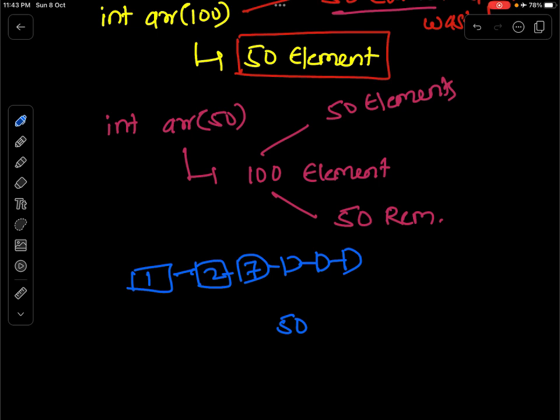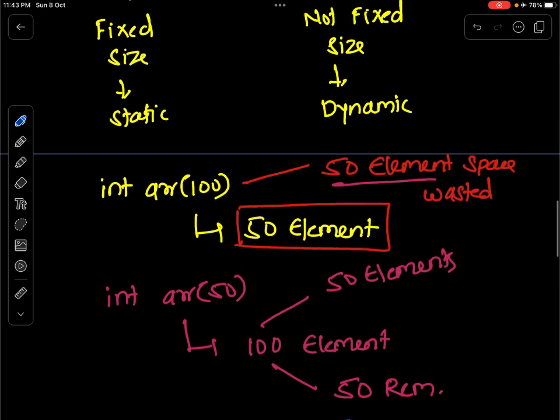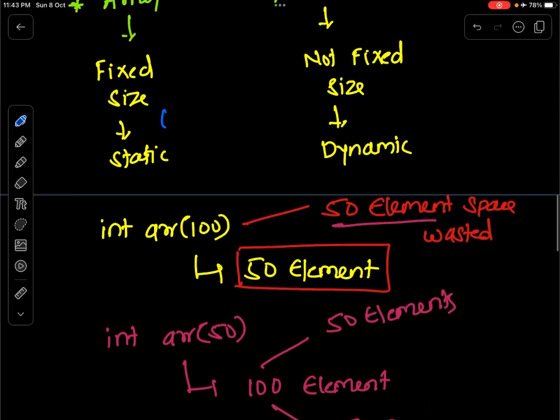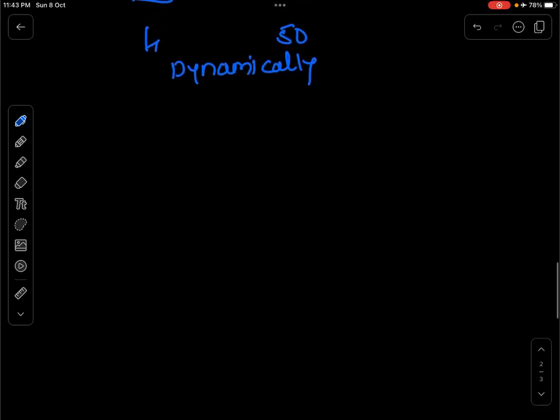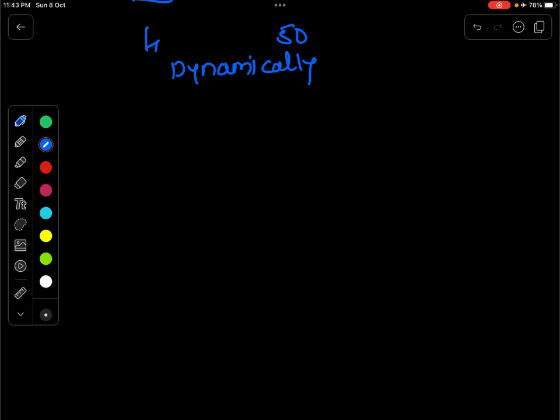I don't need to fix any kind of space for the linked list, and this is the beauty of using the linked list. That is, it helps us to store the elements dynamically, which means we can store the elements during runtime. But when you go to the array, this is fixed during compile time, and the linked list is mainly present at runtime. So this is the best beauty of using the linked list. Now the second advantage of using the linked list is insertion and deletion becomes a lot easier as compared to